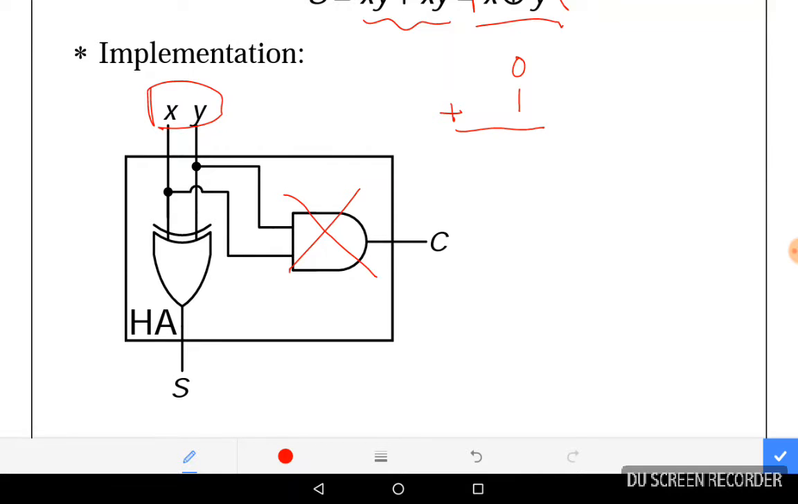this AND gate would be out of the question because it's not 1 and 1, so you're not going to have a carry. And for the exclusive OR, it is going to give you a 1, so that works. So what if we had 1 and 1? Then the AND gate would kick on, so it would output a 1 here,